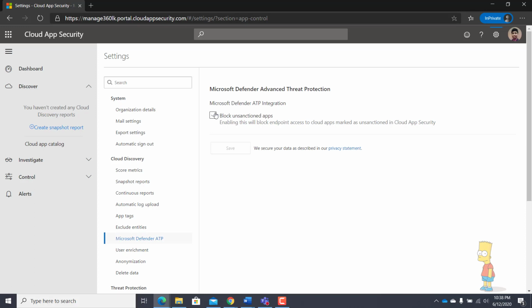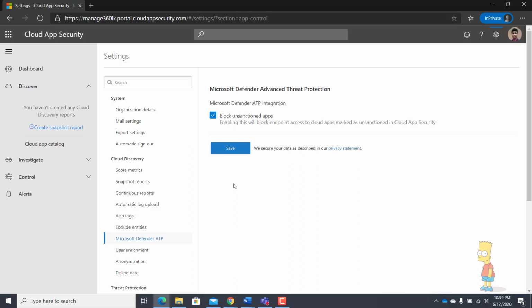What that means is, on Cloud App Security, if you detect some cloud apps being used by your employees which you don't approve, and you block that app and enable block unsanctioned apps, that setting you applied on CAS will be passed down to the Windows 10 machines through Defender ATP.